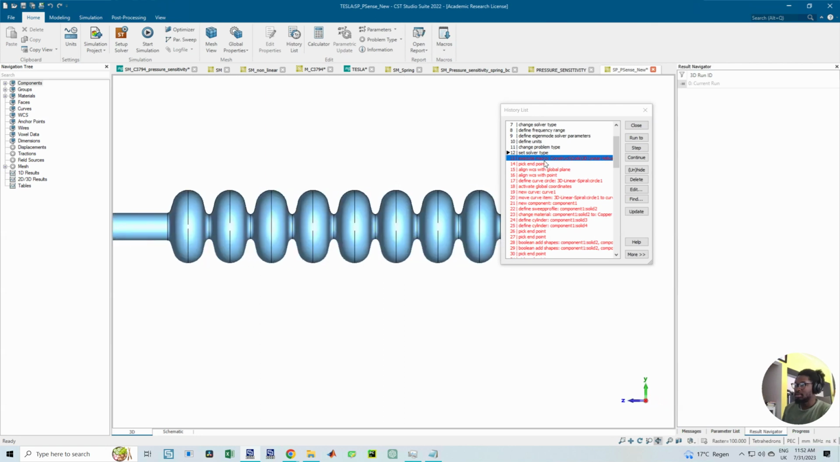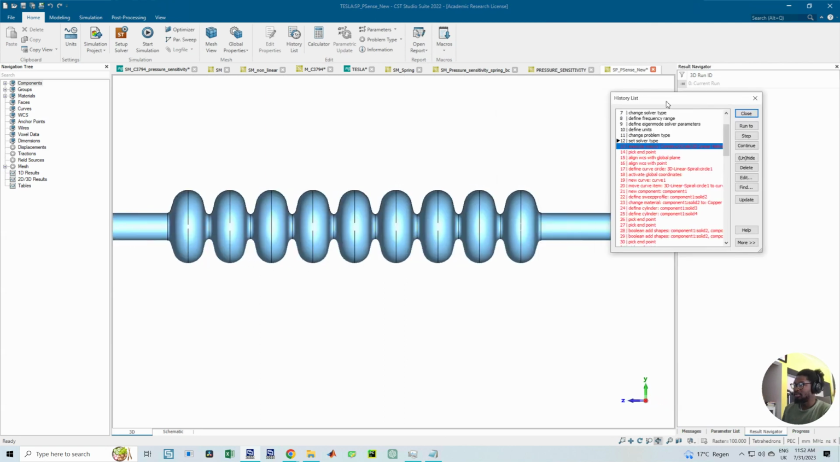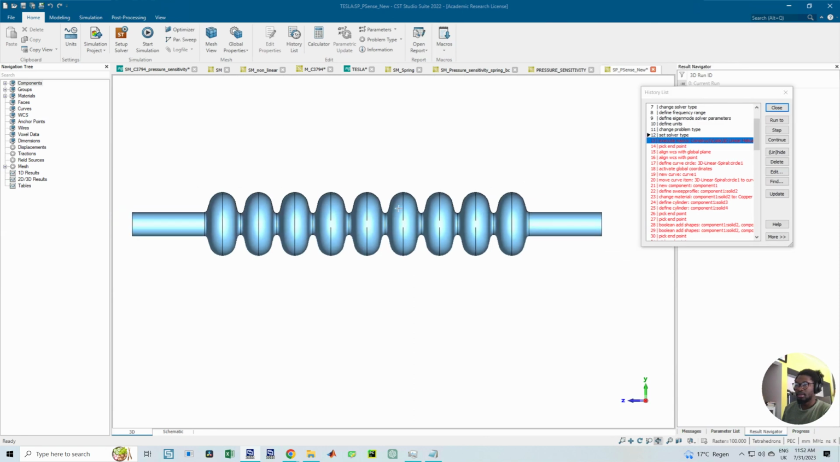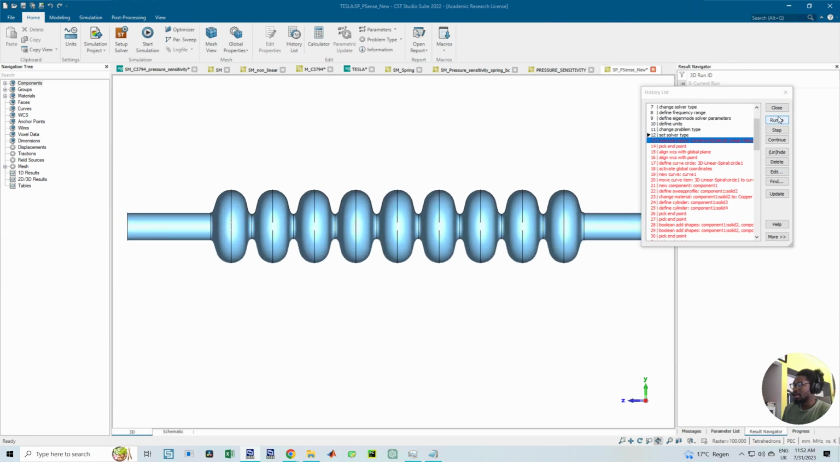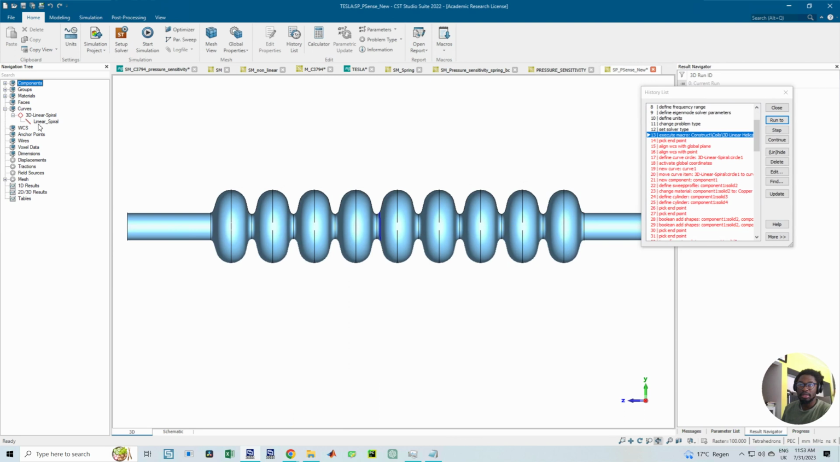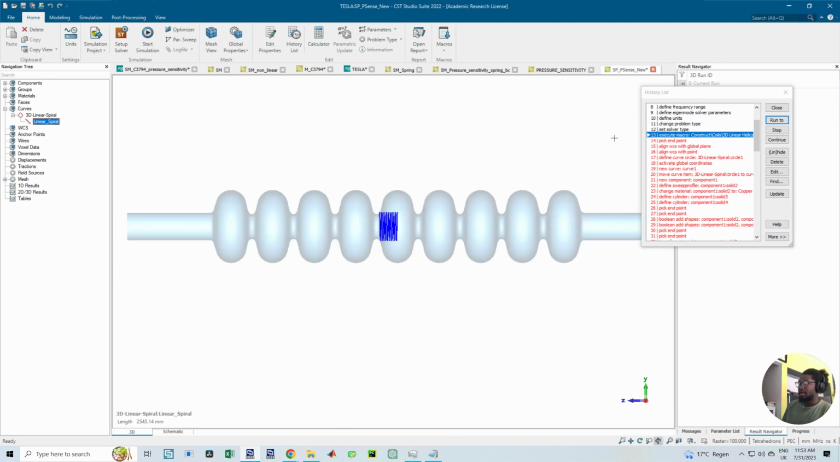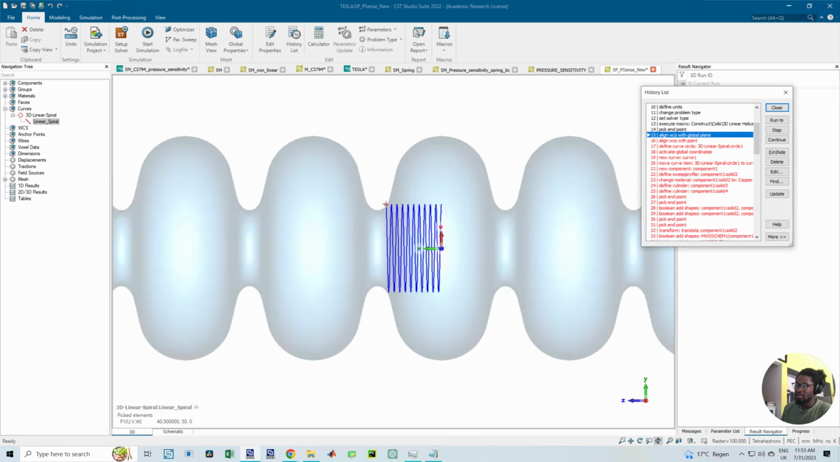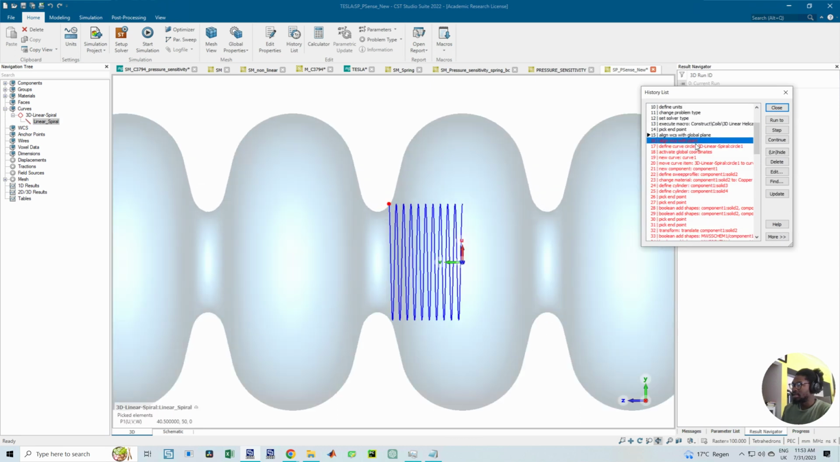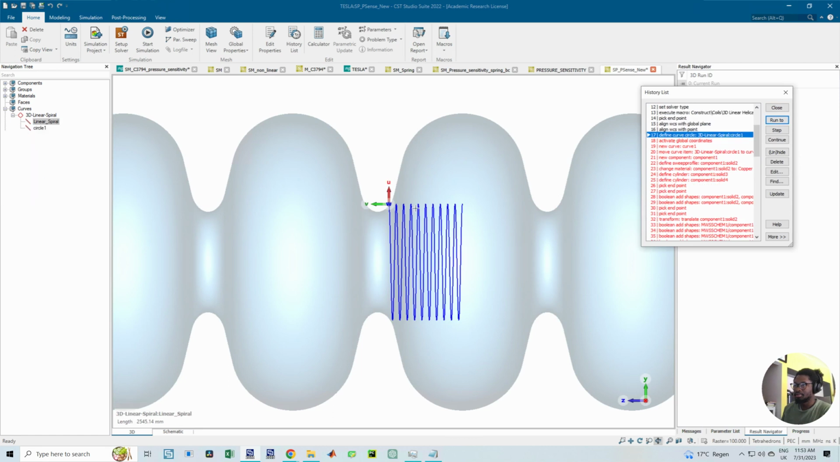I use the macro, just like was shown in the previous video, and created the spiral. You can see it. I would go to curves, and so created the spiral, and then again aligned with the axis, then created the circle,